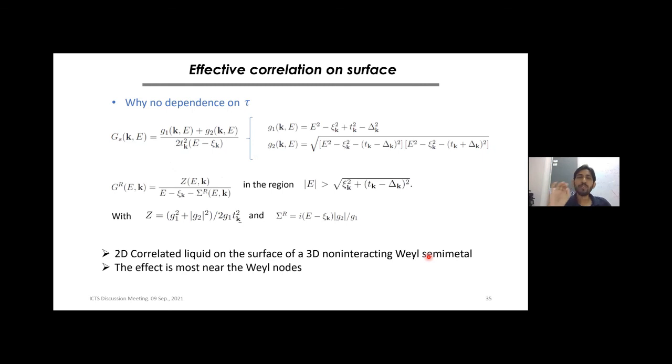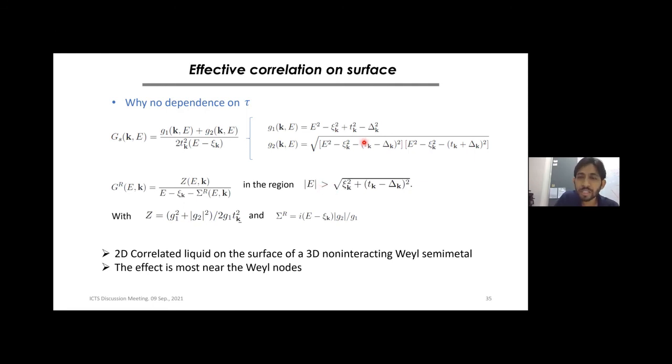But what is most interesting, and for which I hope Sayantan will give me a couple of minutes extra, I'm sorry, I think the most interesting part of this talk is why there is no dependence on tau. How can we have finite conductivity without tau in this anomalous part? To understand that, let's go back to the original Green's function that I wrote for the surface. I showed you that this Green's function, in a certain region in energy space,